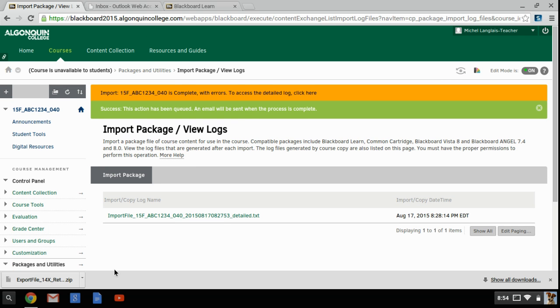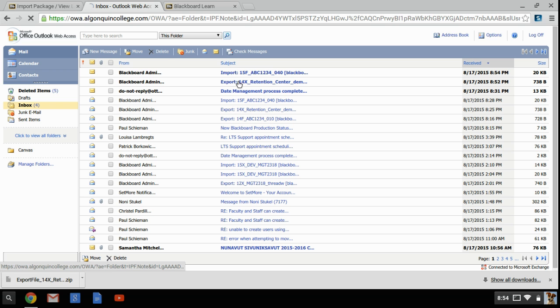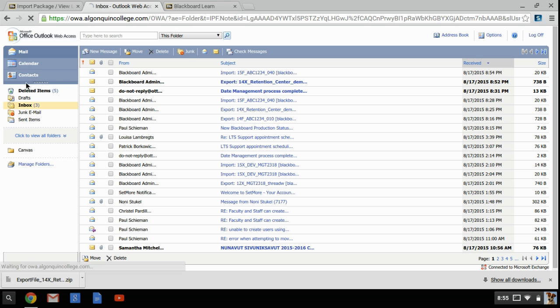I'm not too concerned about this because the old version of Blackboard has the older versions of building blocks, and the new version of Blackboard has all been updated. In fact, when we go to the email folder, we notice that it says that an error has occurred while importing because various building blocks are mismatched. Again, I'm not concerned with this at all,